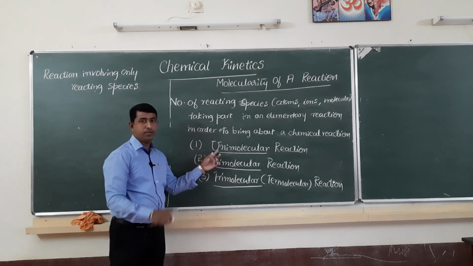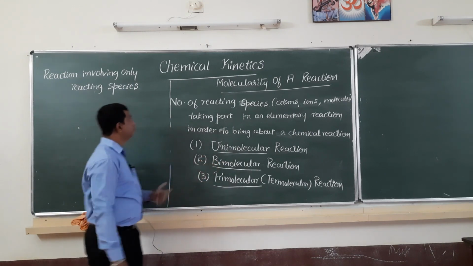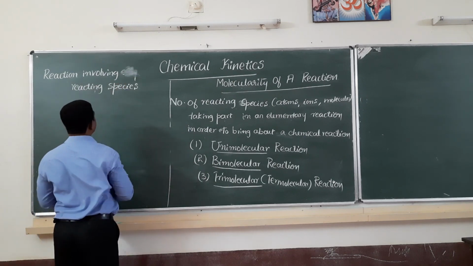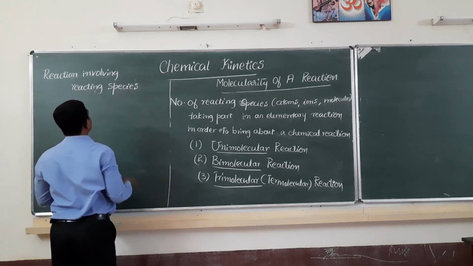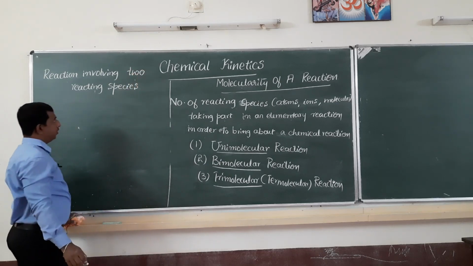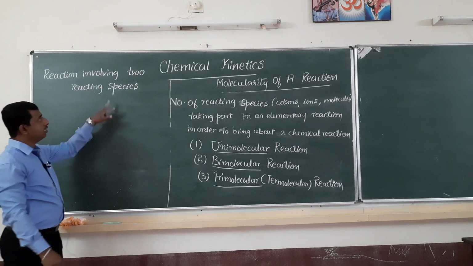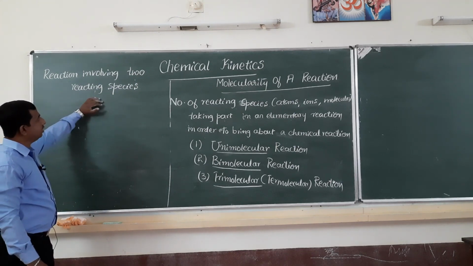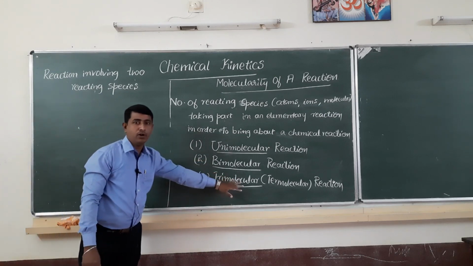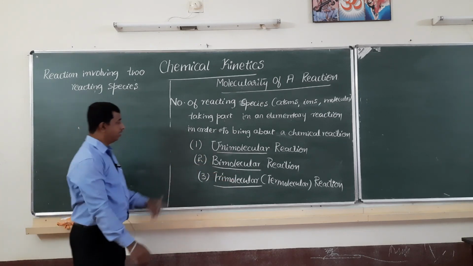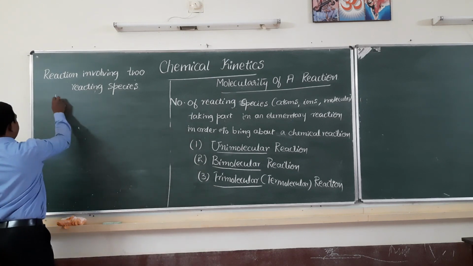Bi means what? Uni means one, bi means two. So, a chemical reaction involving two reacting species. Chemical reaction involving what? Involving two reacting species. Such a reaction is called bimolecular reaction. It is called as what? Bimolecular reaction. Example for bimolecular reaction: